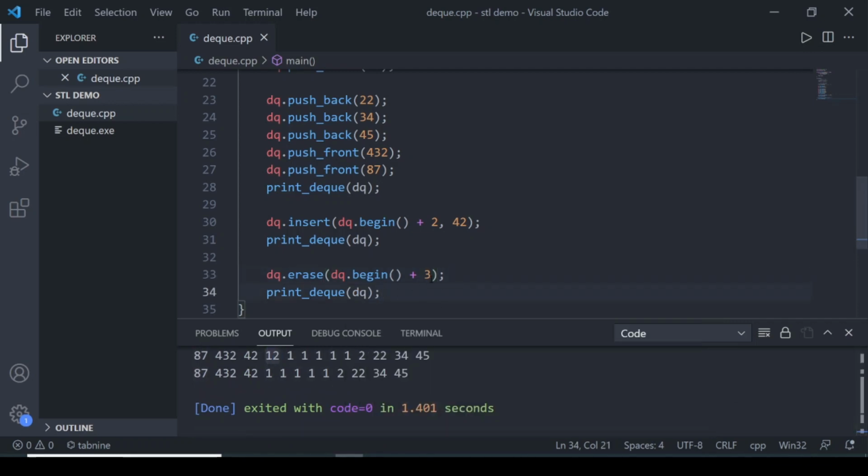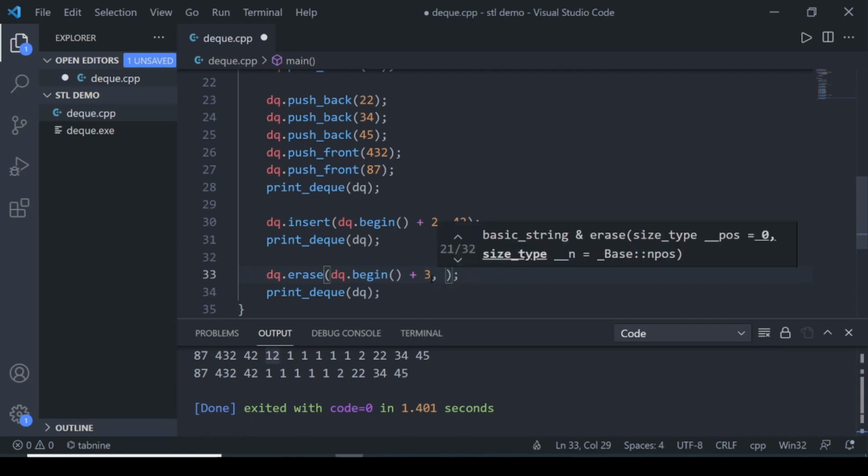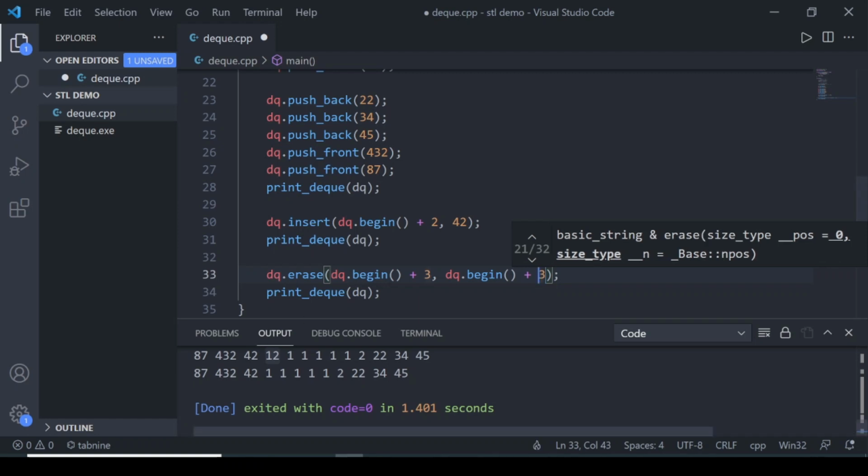You can also erase elements in a certain group, means if you want to erase elements starting from 12 up to 2, you have to pass the iterator at the position of 12 and the iterator after 2. So I have to pass two iterators, one pointing to 12 and one pointing to 22, because 22 will not be included; it will delete the elements before that.